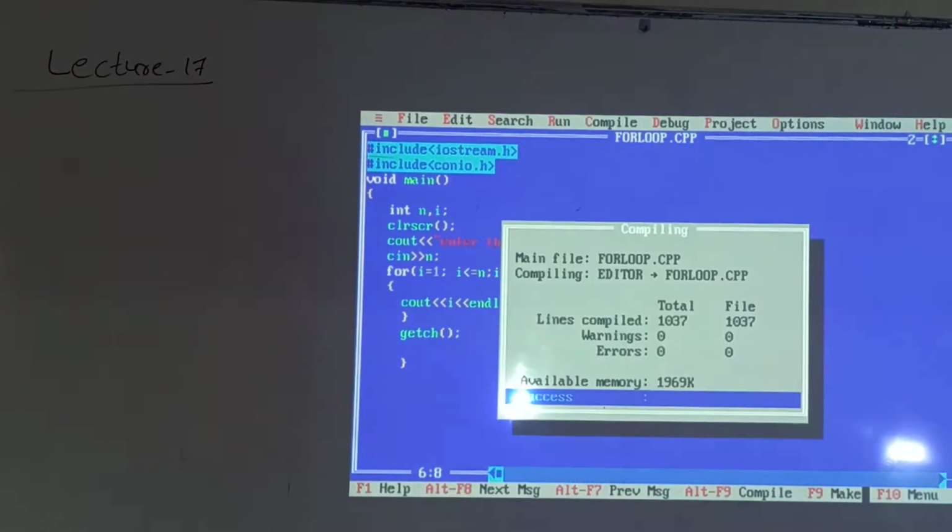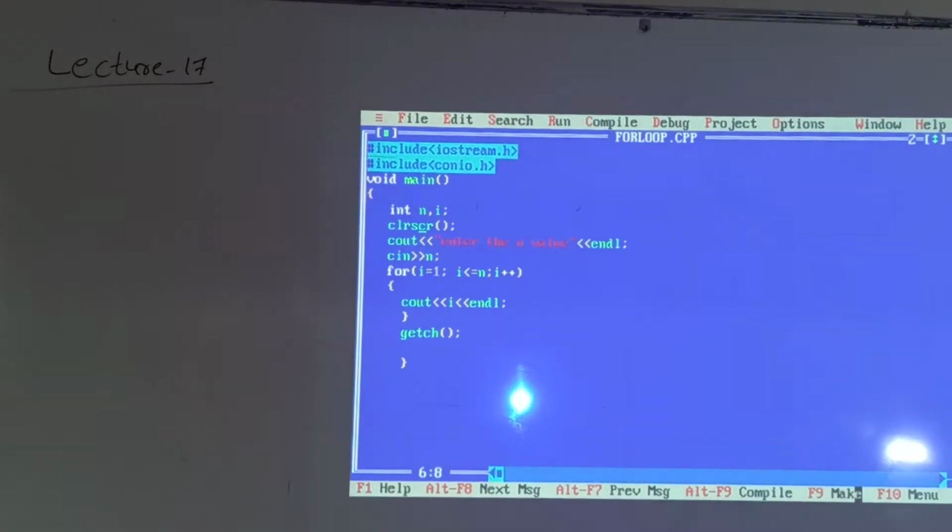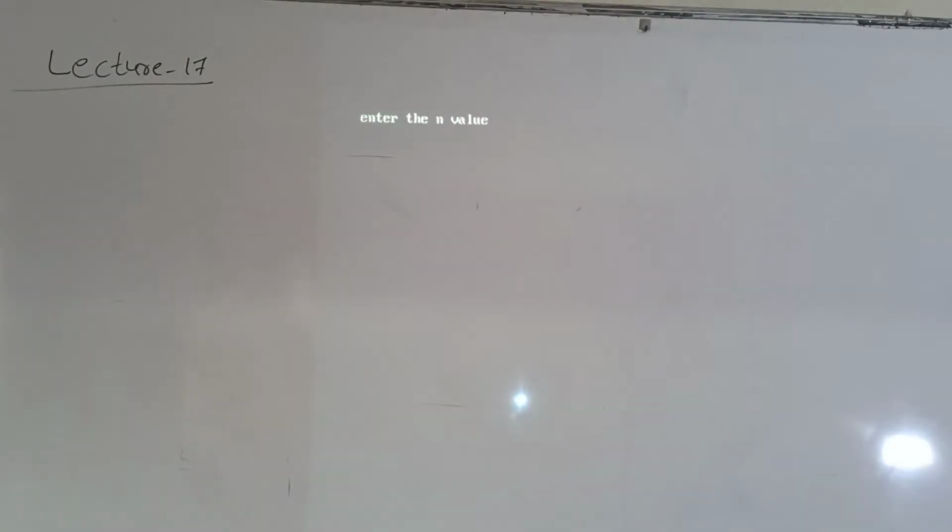Next you can compile the program. Zero errors. See here, enter the n value. I can enter 5. See the output here: 1 2 3 4 5.